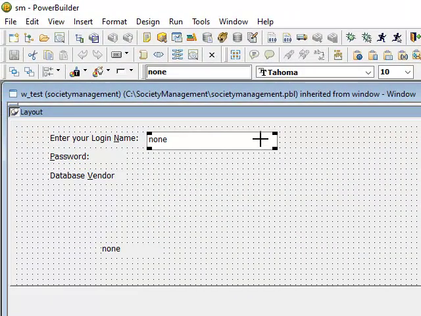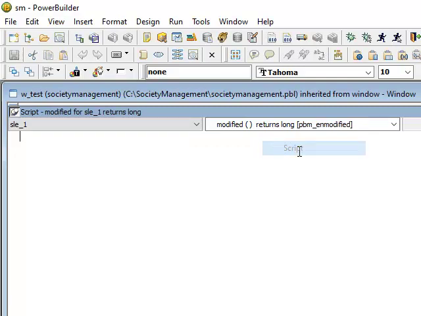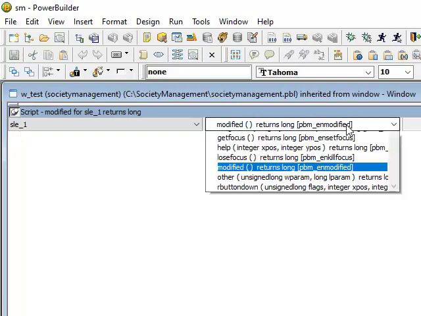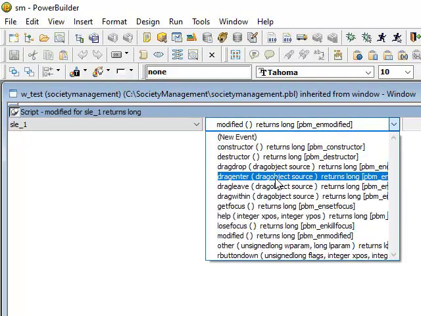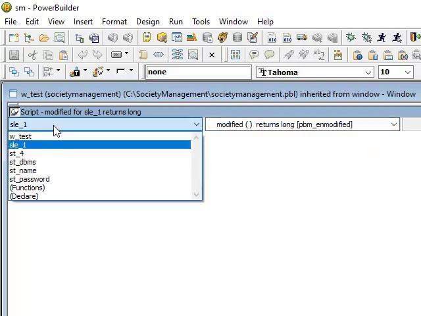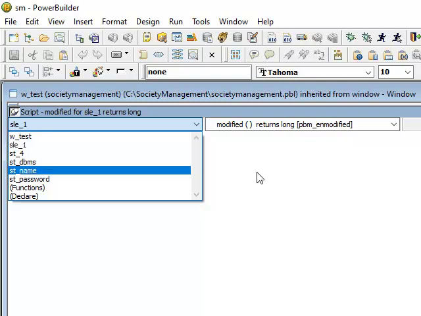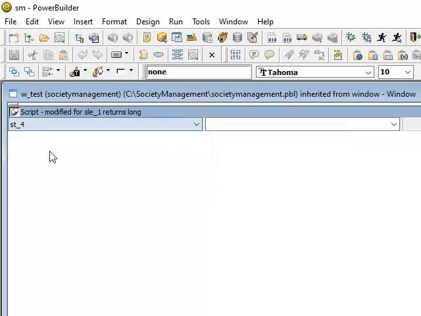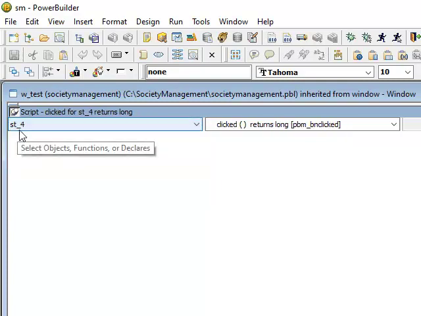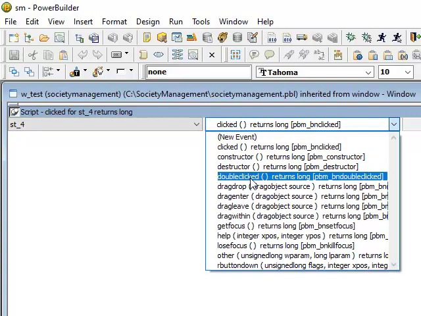So let's check what events it has. Right click and then click on Script. You can see here, these are the events of this particular object, the single line edit control. If you choose the static text, it has only these many.